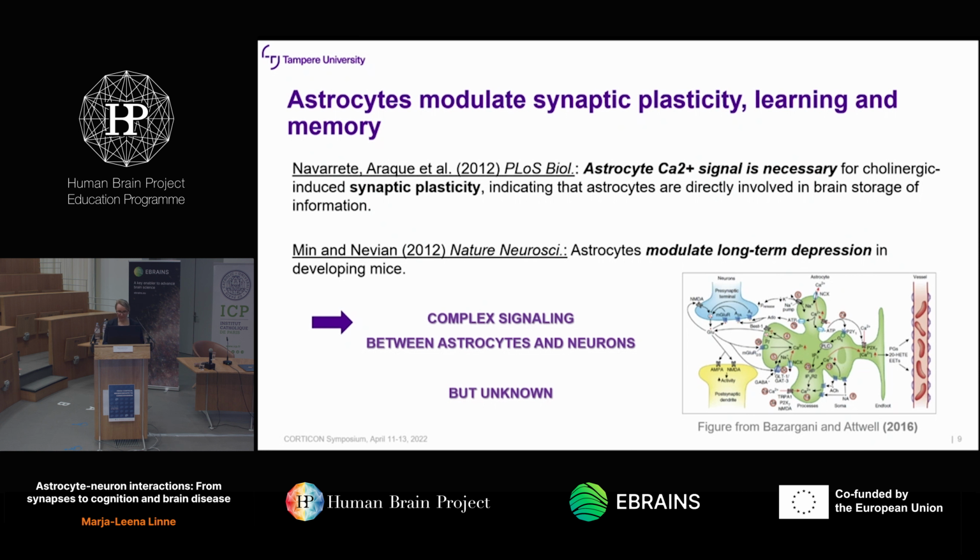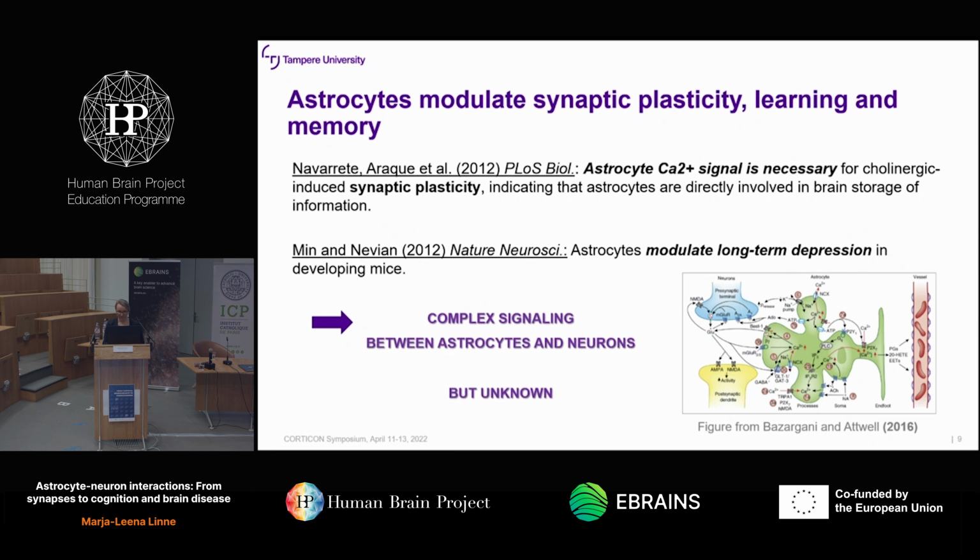So Min and Nevian show that astrocytes are crucial for long-term plasticity in the developing layer 4 to layer 2/3 synapse. In their study, they stimulated in layer 4 and recorded from a pyramidal cell in layer 2/3, and they were also imaging cortical astrocytes in this very same layer. When they block astrocytes, they no longer see this decrease in the EPSP, as is shown here. So this phenomenon is completely blocked when astrocytes are taken out of this experiment.